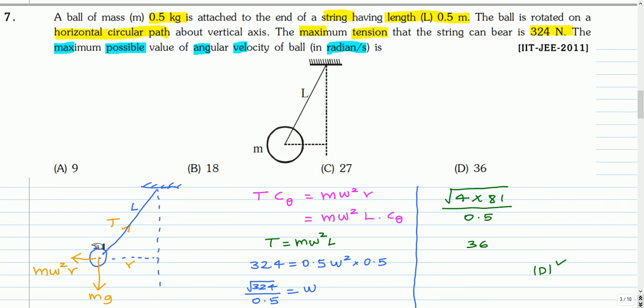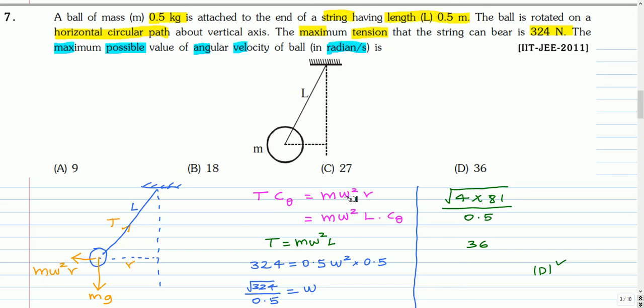So this is the free body diagram of this mass. The weight of the mass is acting downwards, mg, the tension of the string, and then there is a centrifugal force whose value is m omega square r, where r is the radius of this conical pendulum. Let this angle be theta. So the component of tension along this direction, T cos theta, will balance this centrifugal force.